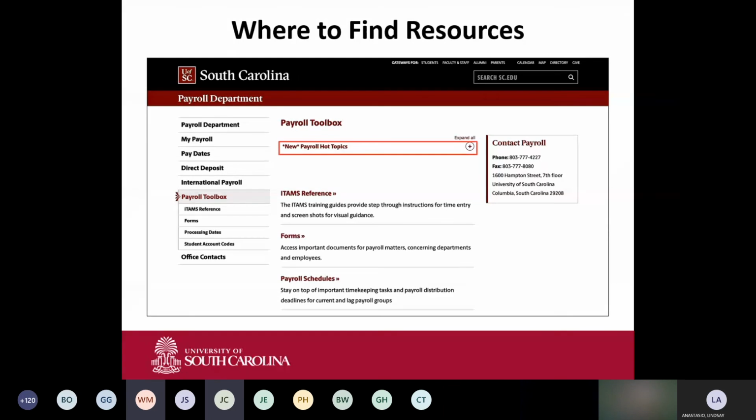And Melissa is asking, is the paycheck mailed out on pay date? We try to mail them the day before payday. We have to be careful because we don't want them to be delivered prior to payday if possible. So we try to mail them out the day before payday. Okay.